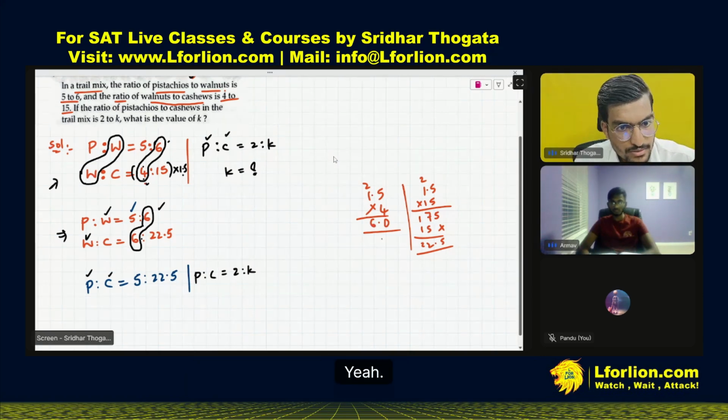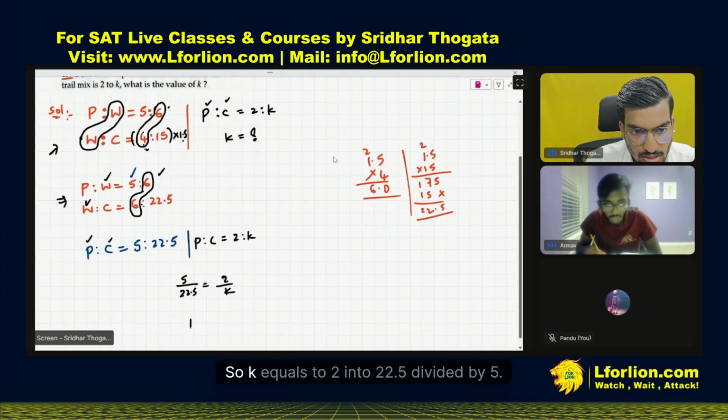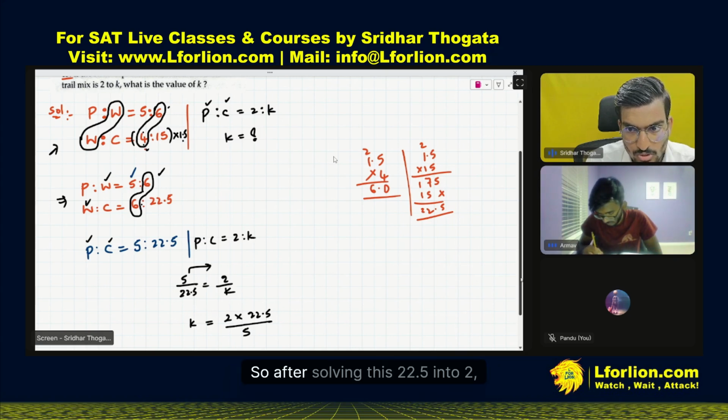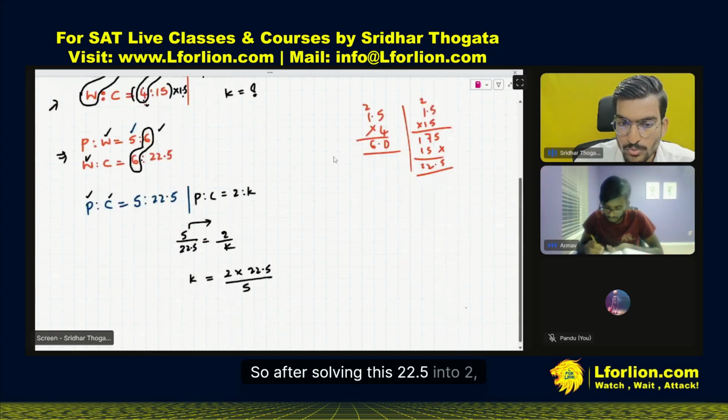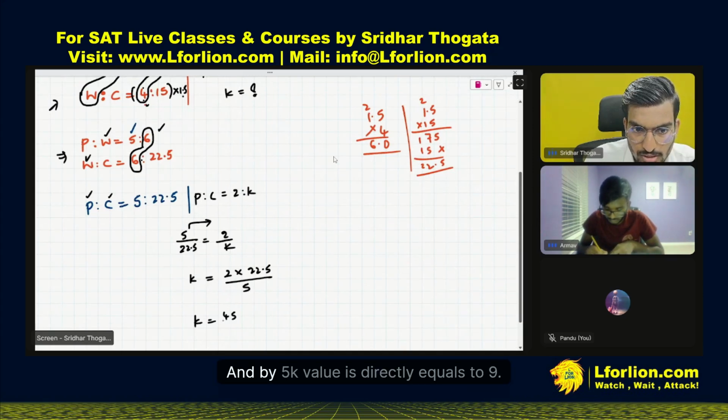So 5 by 22.5 equals 2 by K. So K equals 2 into 22.5 divided by 5. After solving this, 22.5 into 2 will be 45, and divided by 5, the K value is directly equal to